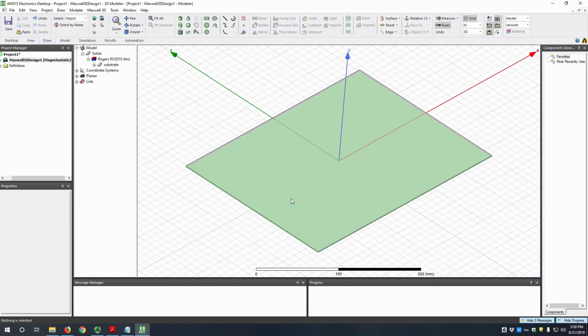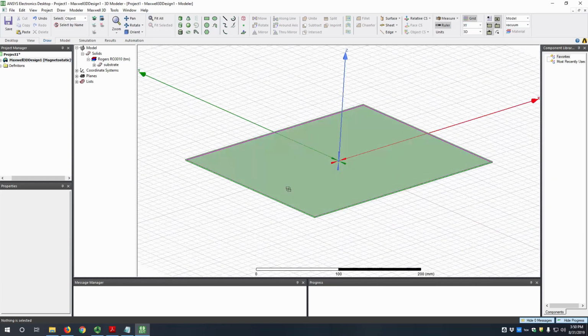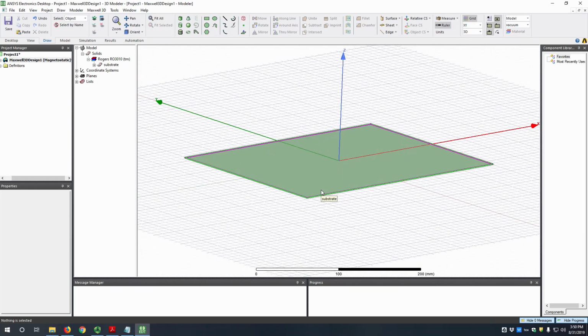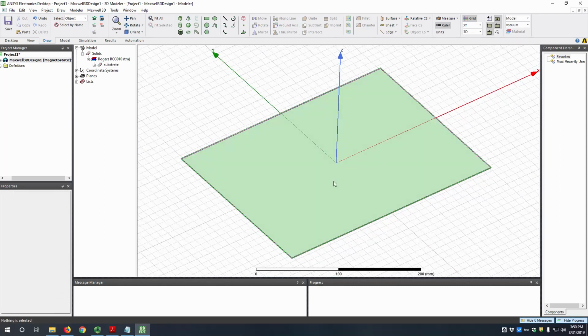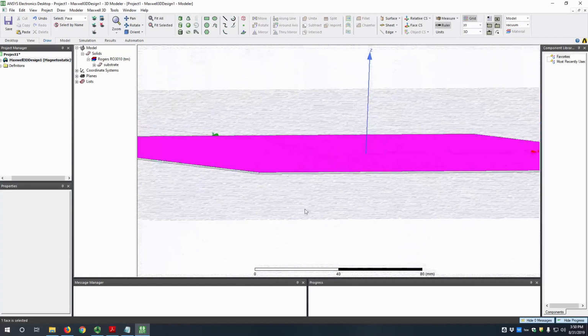In this case, we want to select a face. So by default, when you open ANSYS EDT, you're going to be in object selection mode. So when you select something, it's going to select the entire object. Okay, so we want to select a face. To go into face selection mode, you can just hit F, and now when you hit this, it will just